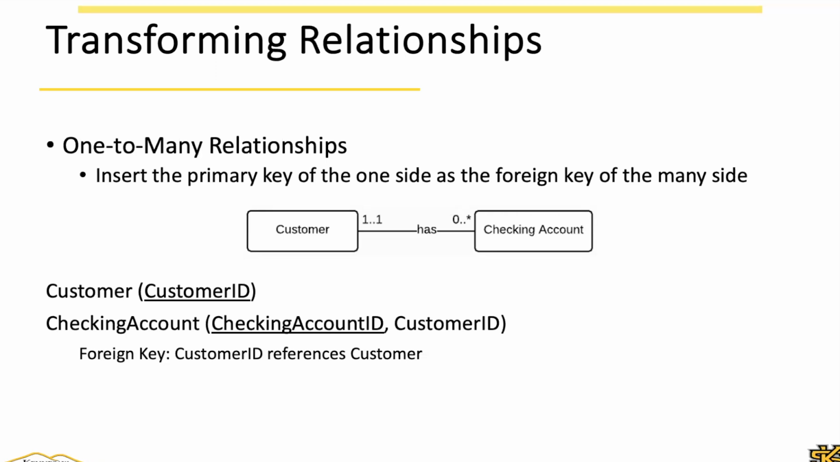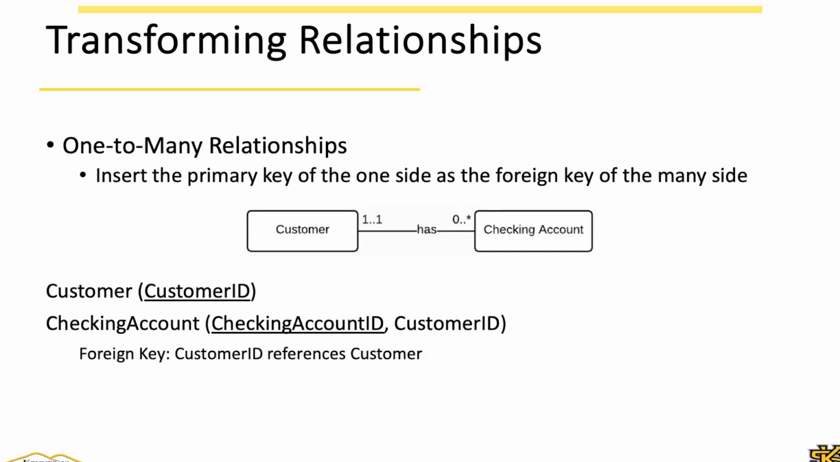So the first one, customer table, it's gonna have the customer ID as the primary key, as you see. The checking account table will have checking account ID as the primary key. The customer ID will be included as the foreign key in the checking account table to relate the account to